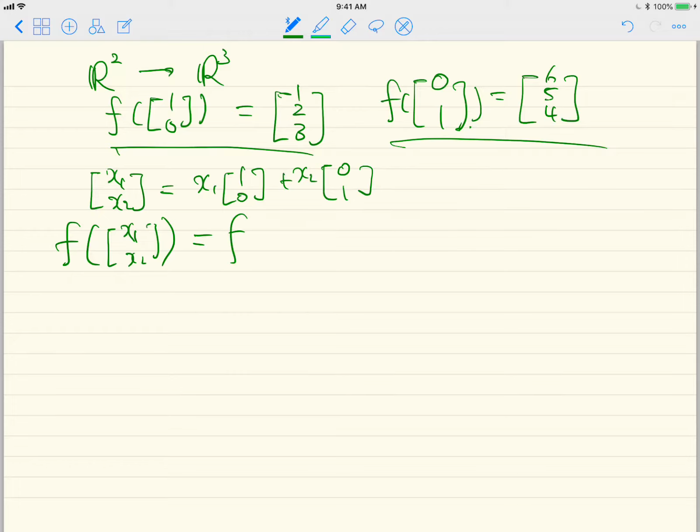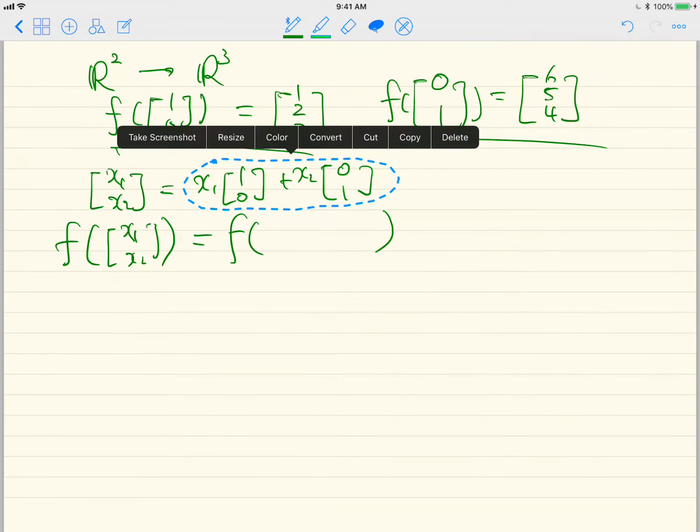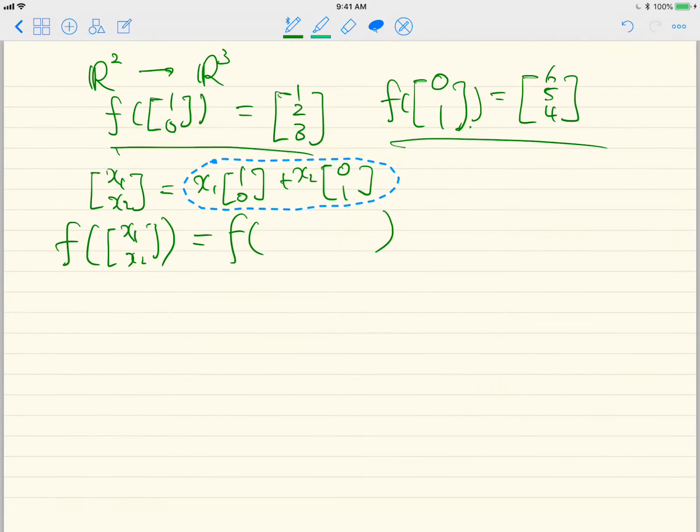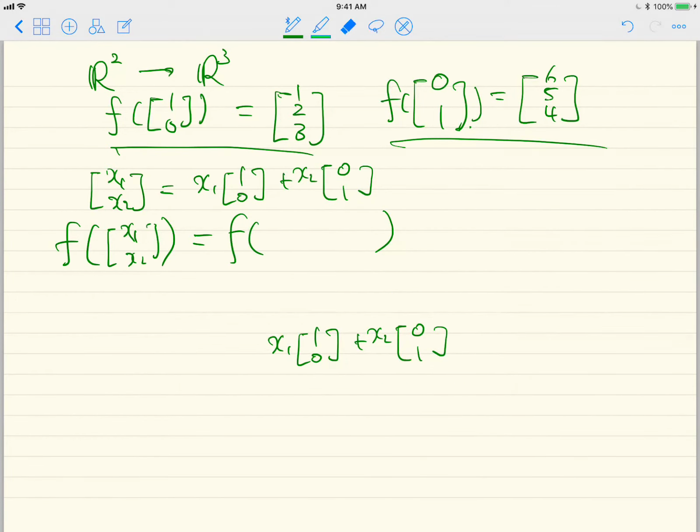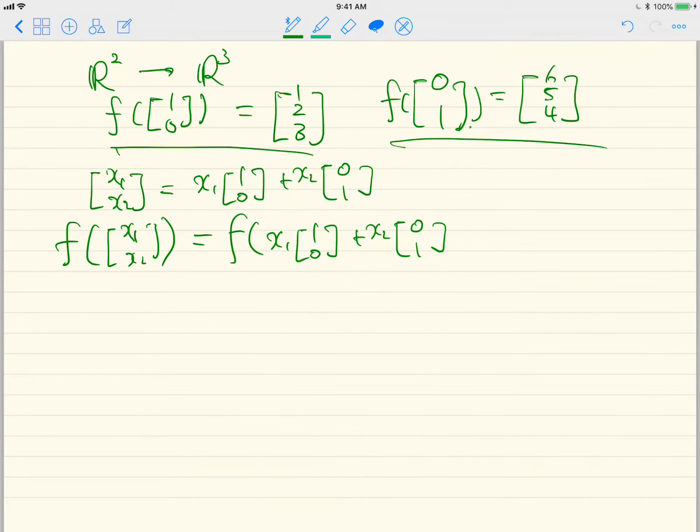Let me see if I can copy that, paste it. Oops. I think it takes longer than just writing it again. But I just wanted to use this high technology. Anyways,